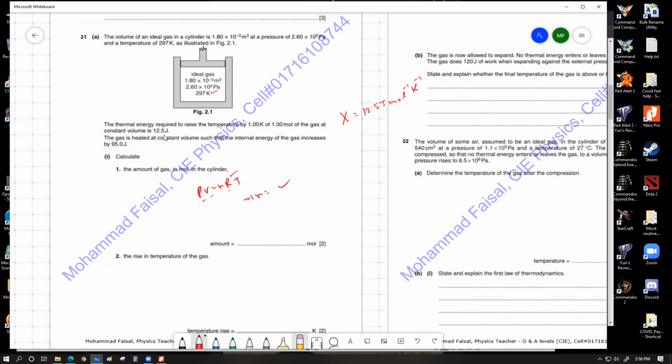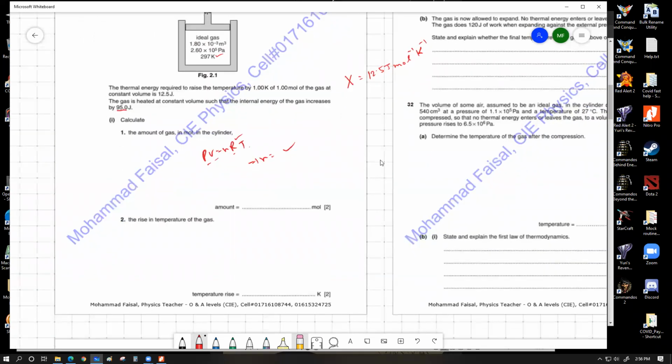Number 2 says the rising temperature of the gas. Now, we have this value, 95 joule, we have the mole. So you can directly go for a formula like this. For example, I could write that 95